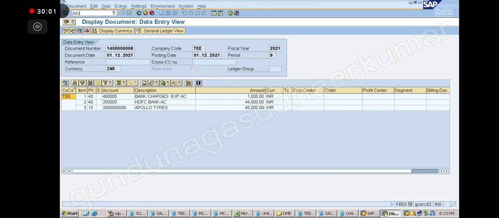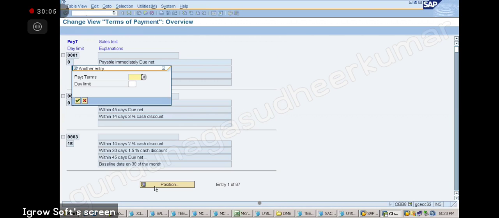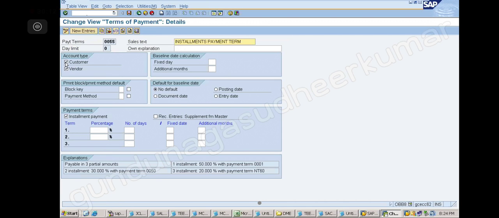I will go to OBBA, and in the payment term position, 0055, yes, you can use it for customer also. How many installments do I have here? Installment 1, 50%, 001. Installment 2, 30%, 0050. Installment 3, 20%, NT60.